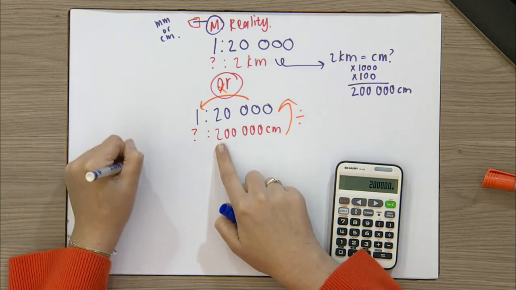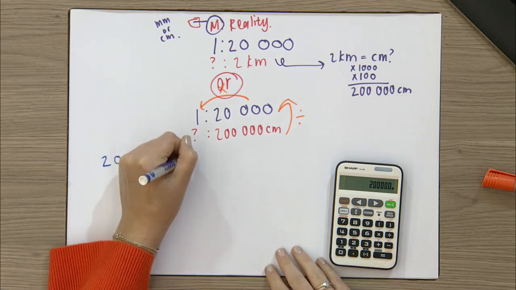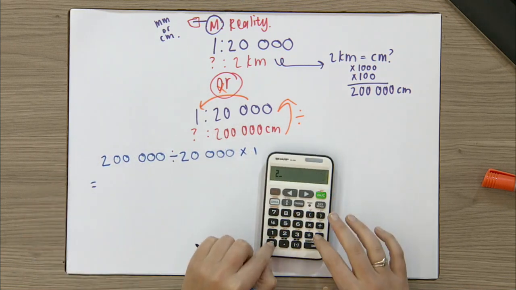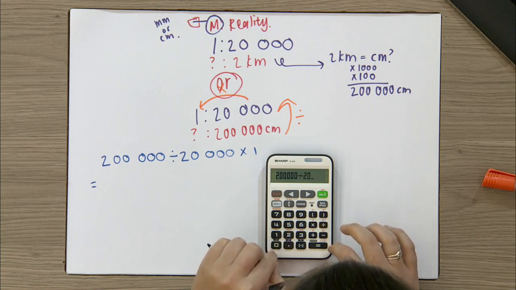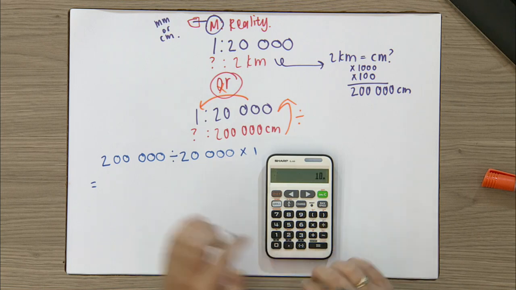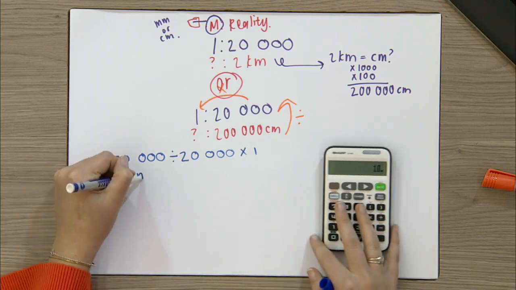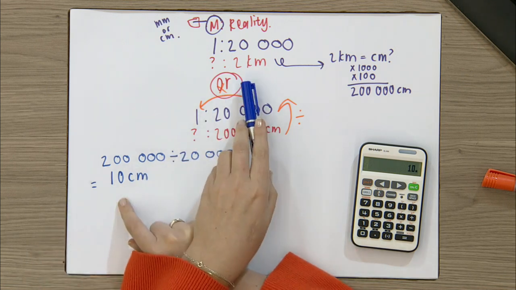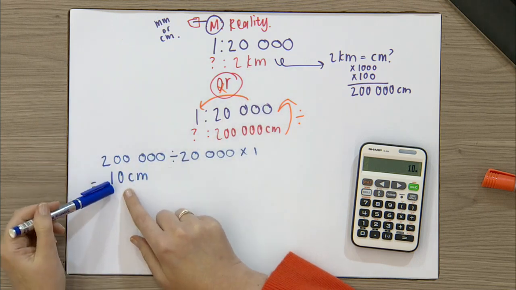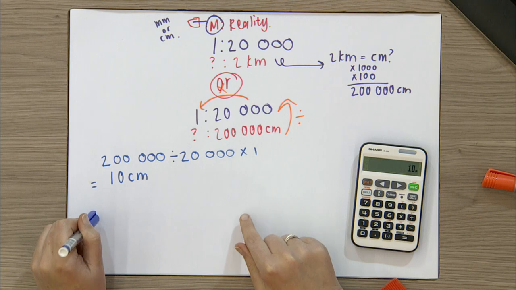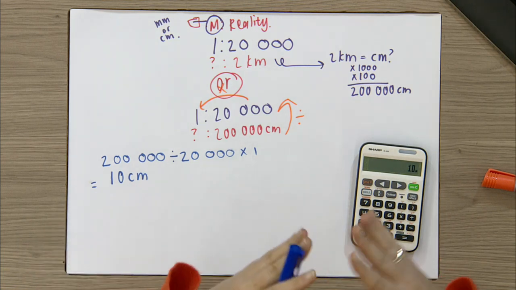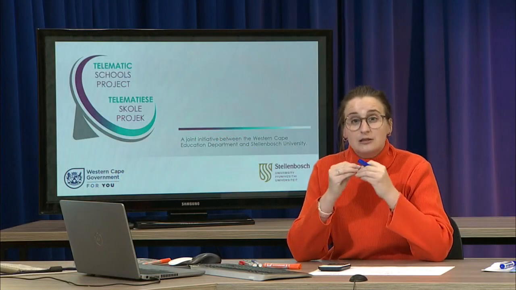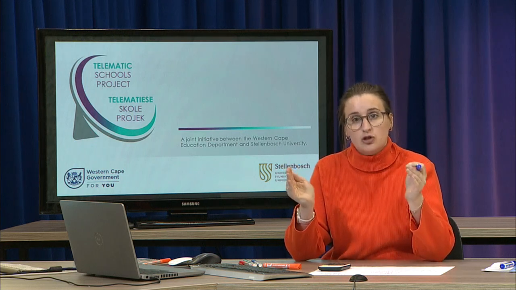So 200,000 divide by 20,000 times 1. So if I say 200,000 divide by 20,000 times 1, I get an answer of 10 centimeters, which means that if I have 2 kilometers in real life, I will draw it on the map using 10 centimeters of space, because this thing in real life that is 2 kilometers long has now been reduced 20,000 times to give me the length that it's showing on the